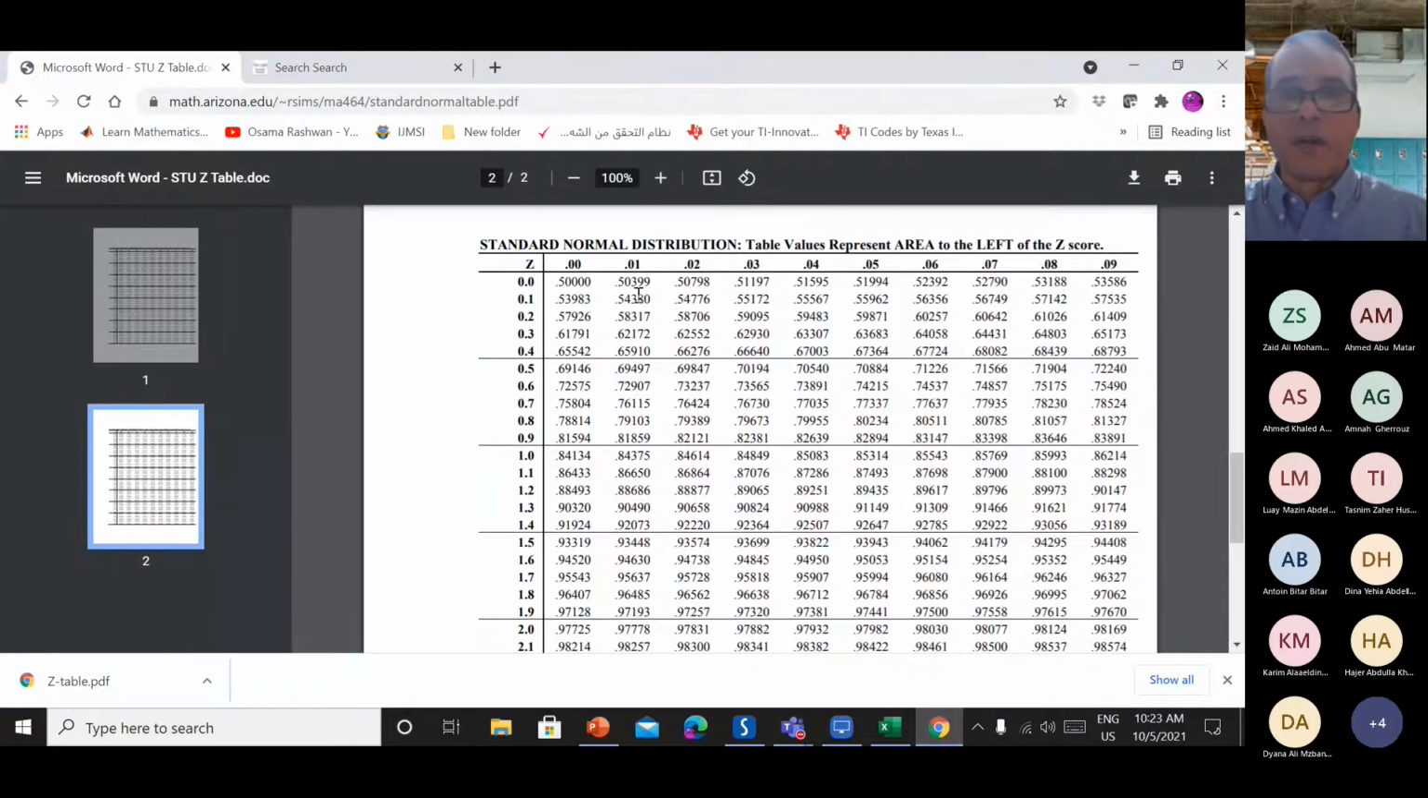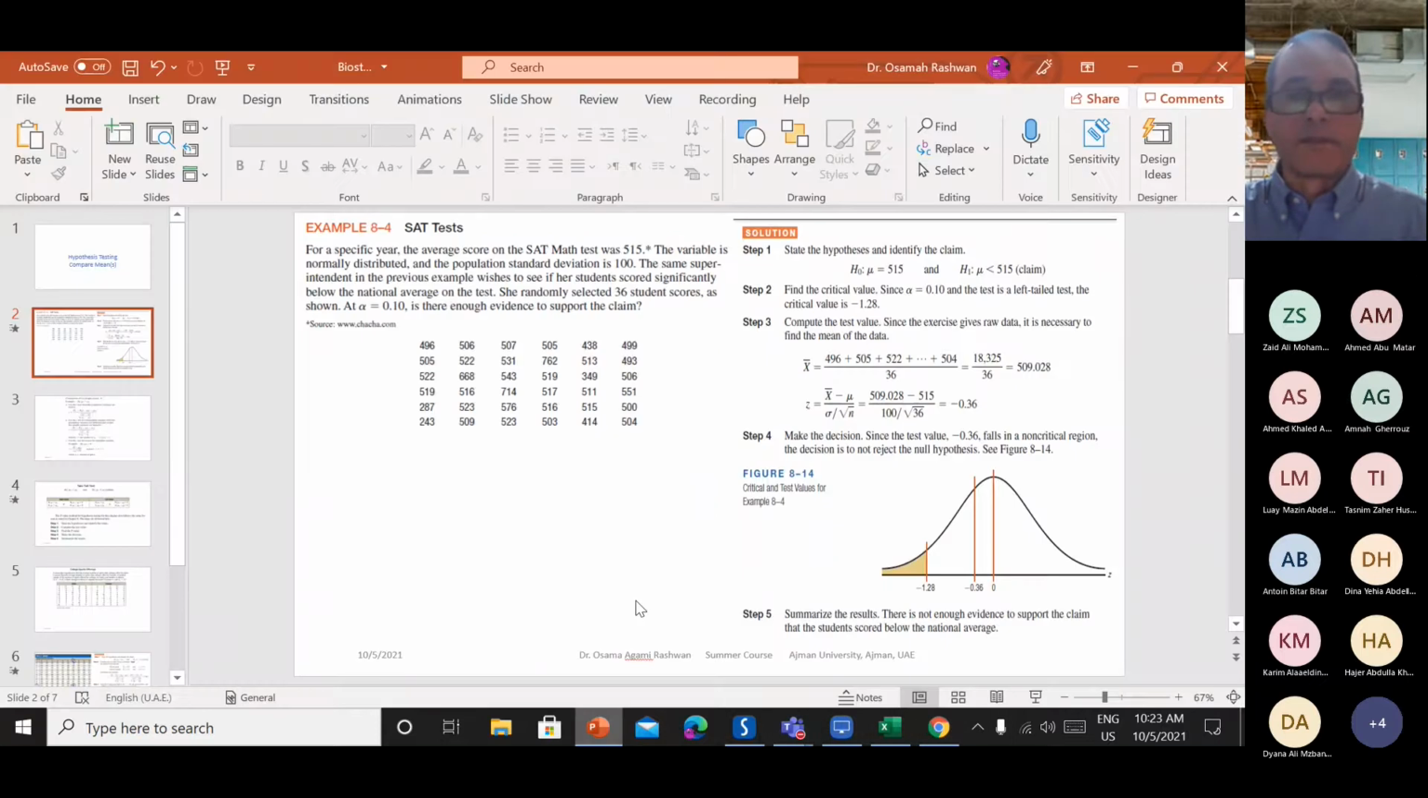Alpha is 0.1. He gave it to you here. Alpha 0.01, right? So whether your alpha is one tail or two tail, you have to know it from the alternative hypothesis. If the alternative hypothesis is less than, it means you are going to have your error to the left. So you are going to get the Z corresponding to the left tail, the probability corresponding to alpha, which is